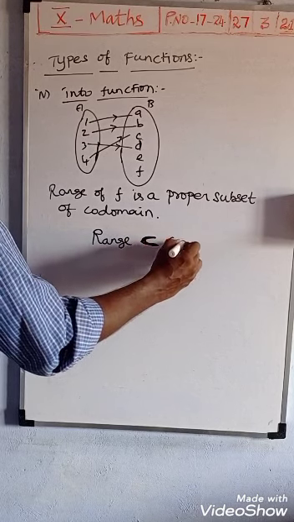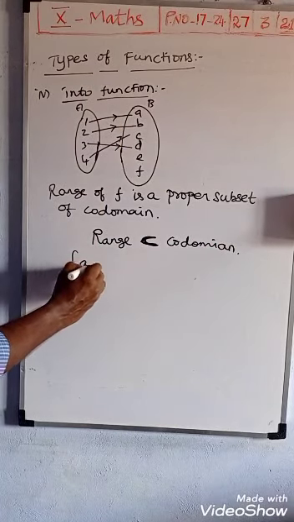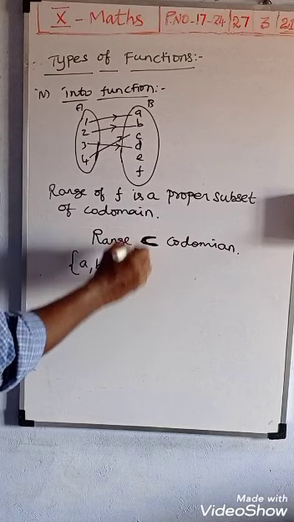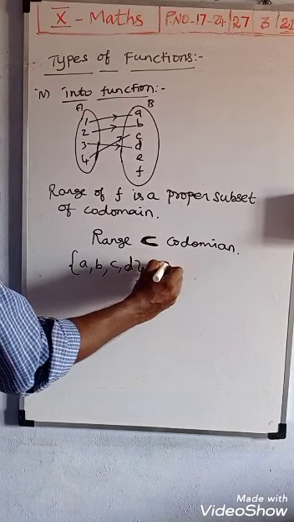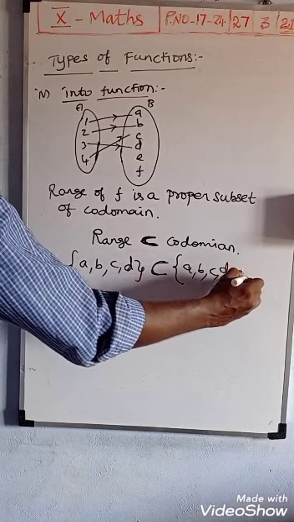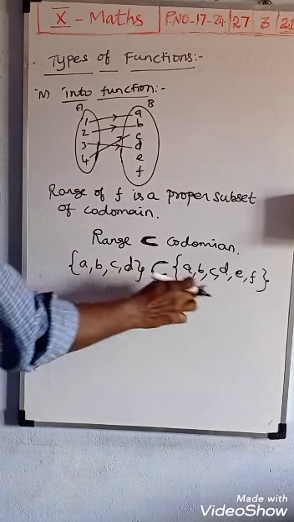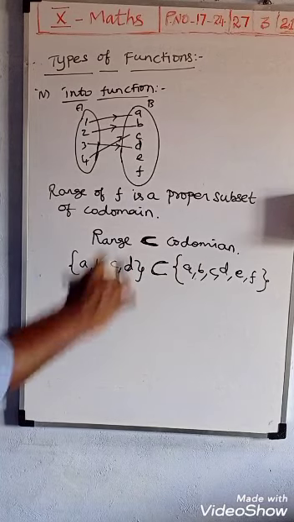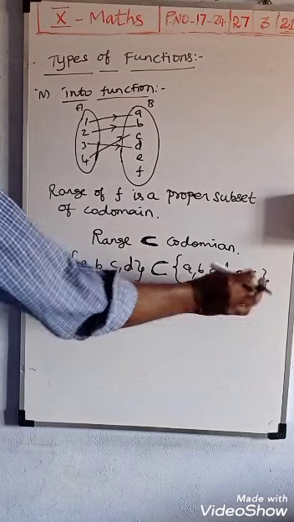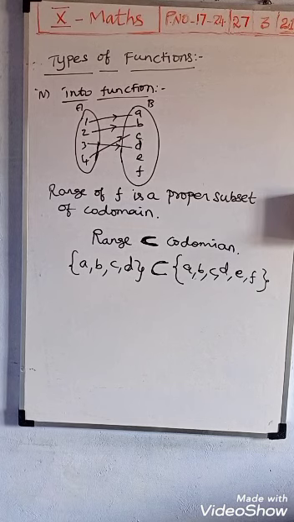Proper subset of codomain. So see here, the range is A, B, C, D only. Mapped elements are called the range. It is a proper subset of the codomain elements, what are those? A, B, C, D, E, F. Some extra elements are there. So here all the elements A, B, C, D are there, then some extra elements are there in the codomain set. So E and F. So that is called a proper subset. Then it is called an into function. Okay. It is called what function? Into function.